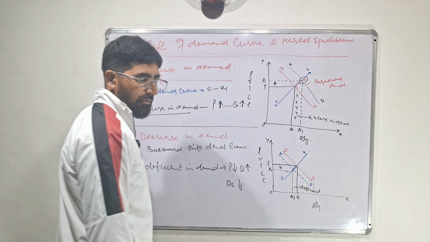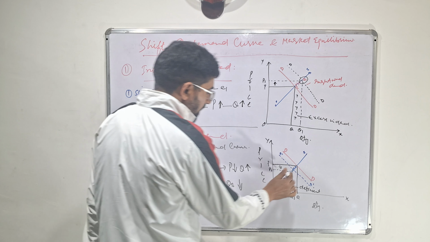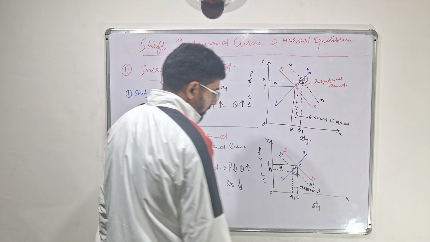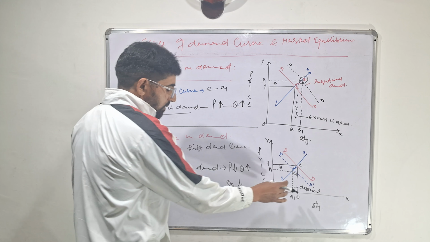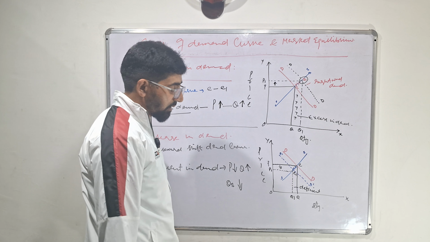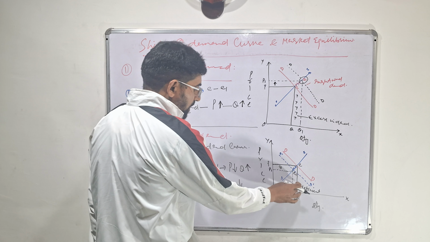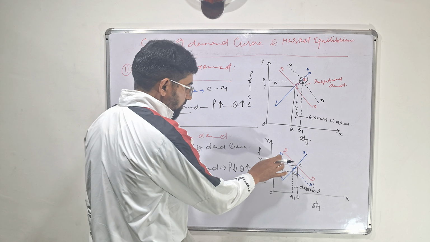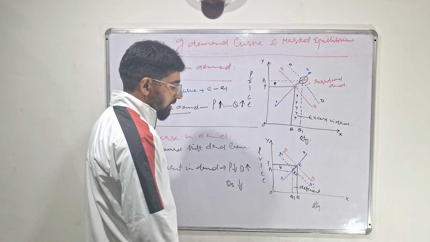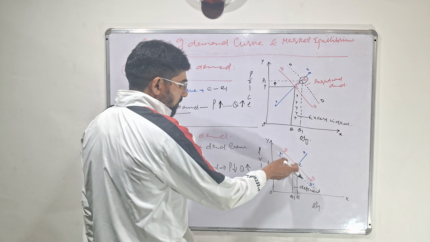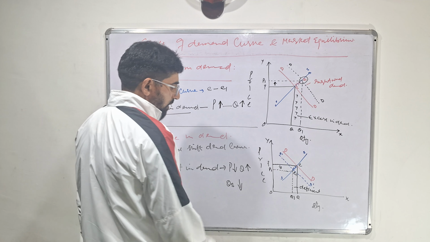Similarly in the second case, equilibrium changes from E to E1 below, due to the backward shift of the demand curve. Due to the backward shift of the demand curve, definitely there was a deficit in demand. When deficit in demand happens, this will lead to a decline in price. When price falls, supply falls, there will be excess of supply. To correct excess supply, definitely